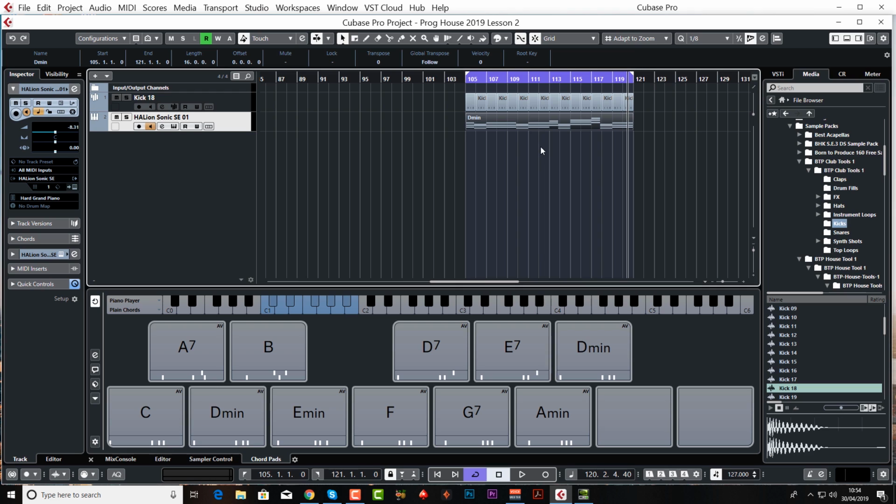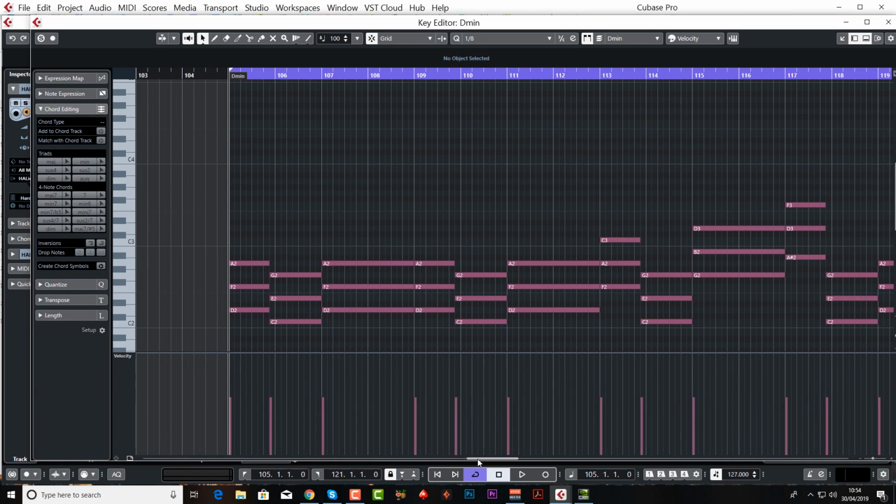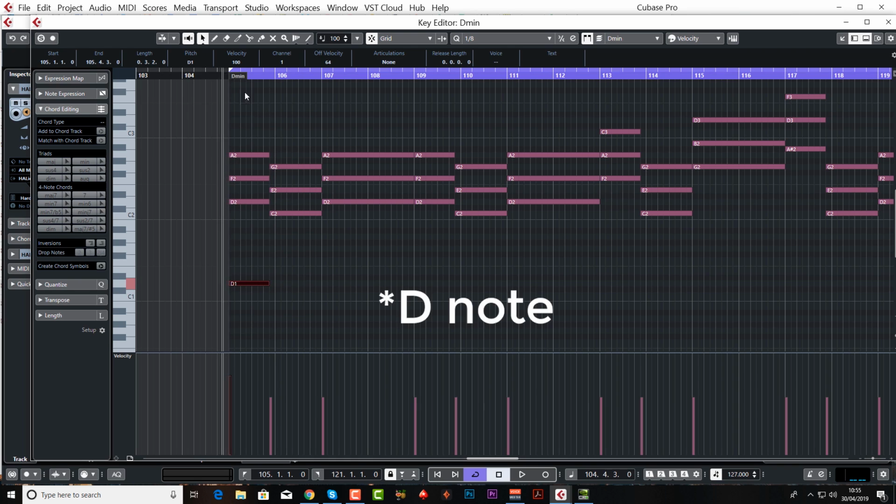Although we've changed the timing and it's better, we still need to give this a bit of pizzazz. So what I'm going to do now is start messing around with these chords to make them a bit more jazzy. So we'll come in here. What we can actually do here is start adding in bass notes. So this is a D chord, we'll bring in a D chord here,